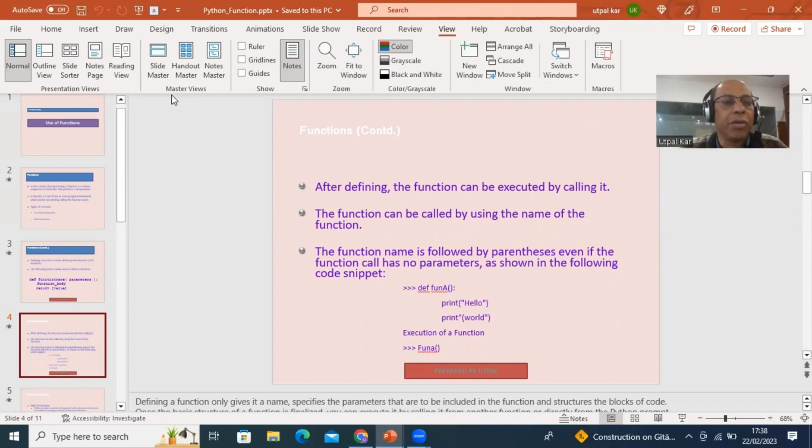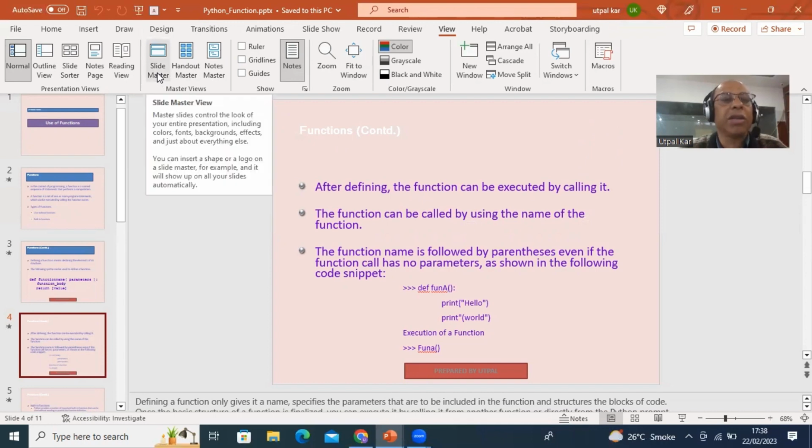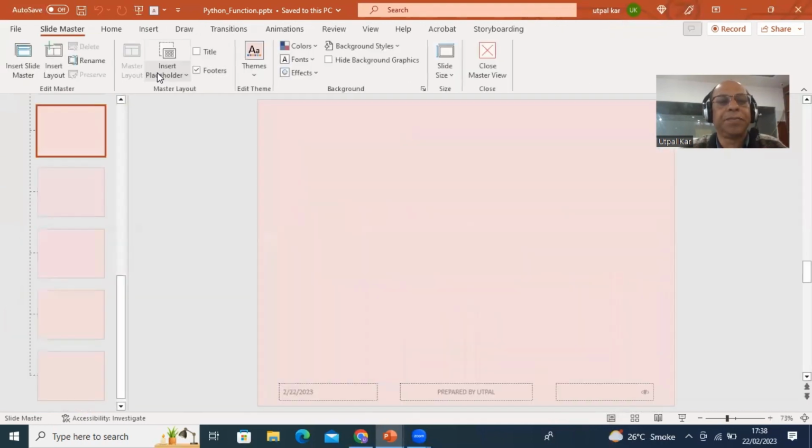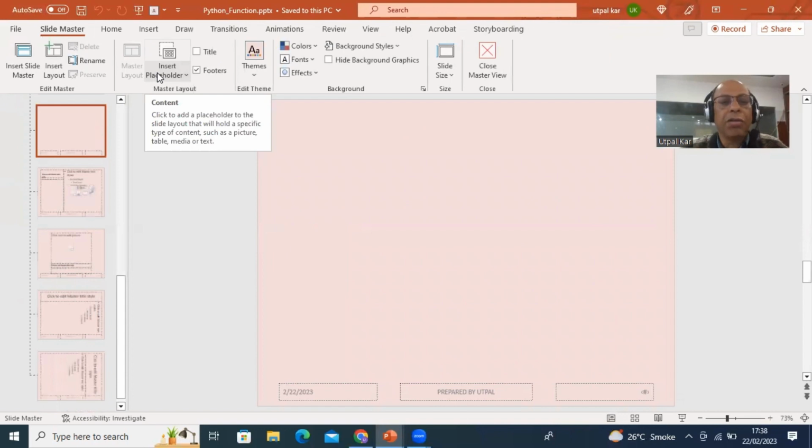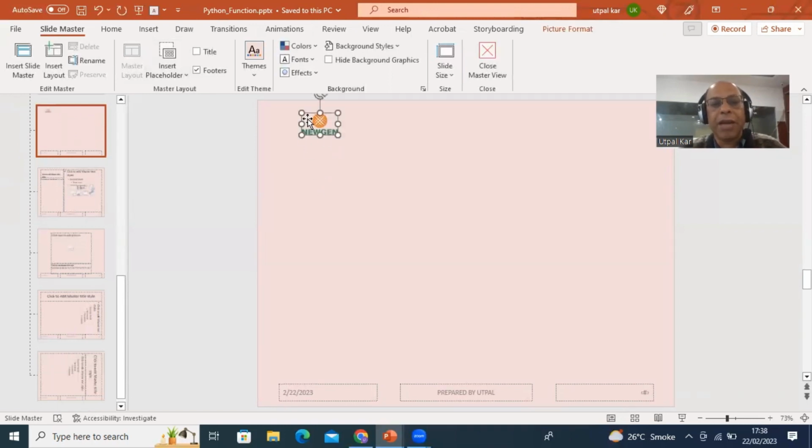So what I'm doing, I am again going to the slide master. Now you see that this slide master contains a blank area. So somewhere I can click here and paste it. And further, I can push it towards the right. Now I am saving this particular file,